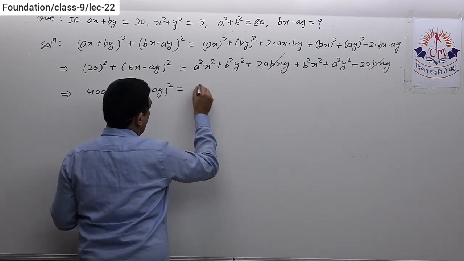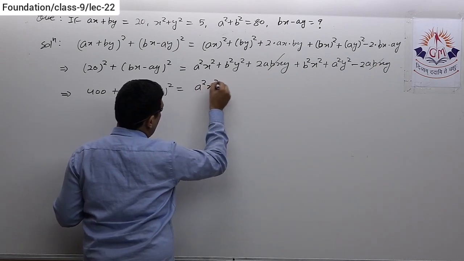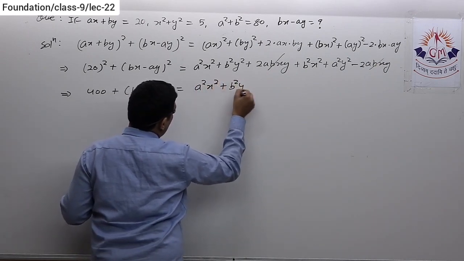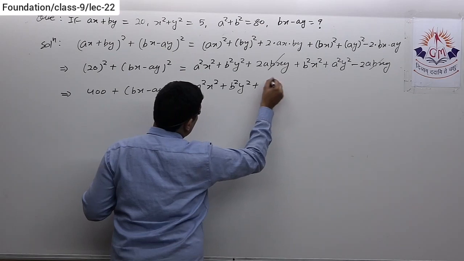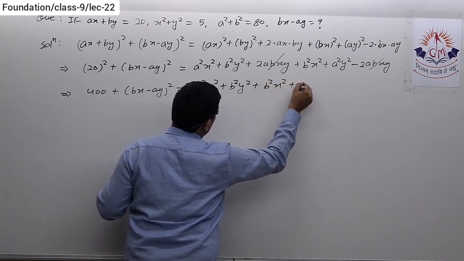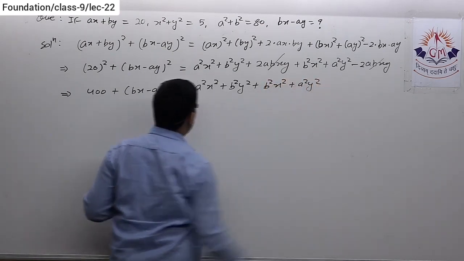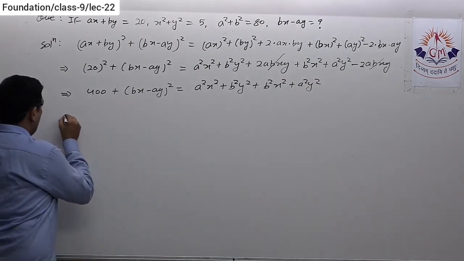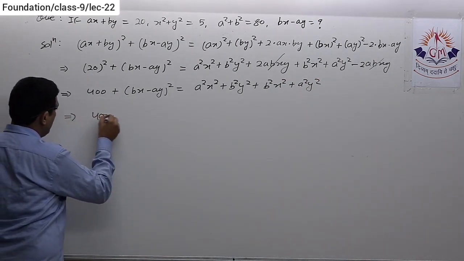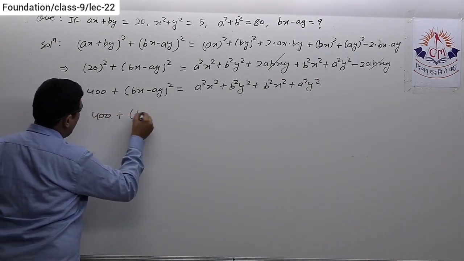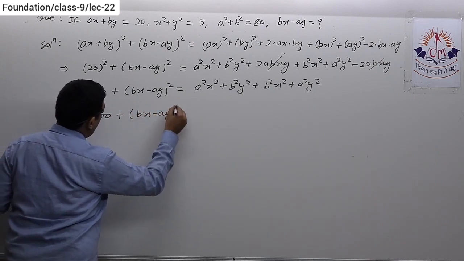Now over here I have a square x square plus b square y square plus b square x square plus a square y square. Okay, so on solving it further, this is 400 plus (bx minus ay) whole square is equal to